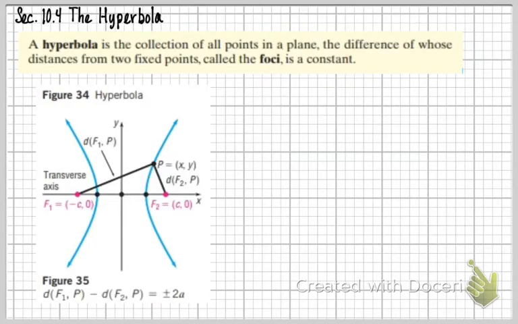Section 10.4, the hyperbola. A hyperbola is the collection of all points in a plane, the difference whose distances from two fixed points called the foci is a constant. Okay, so the idea here is, let's say I drew another line from here to here. I'm looking at this point right here. Then I drop this down right here. If you notice, if I kind of swing that around,